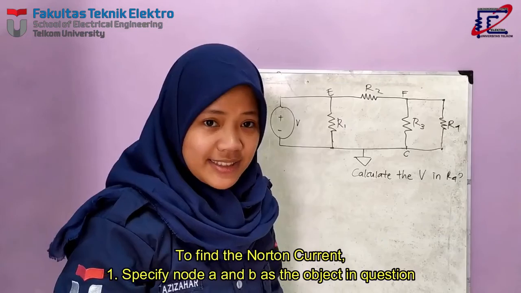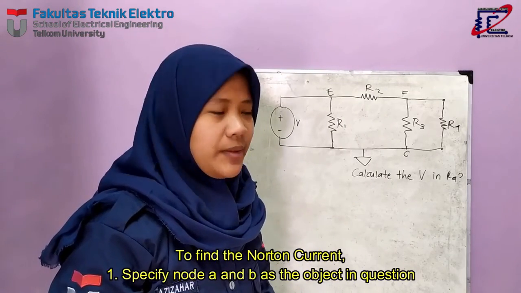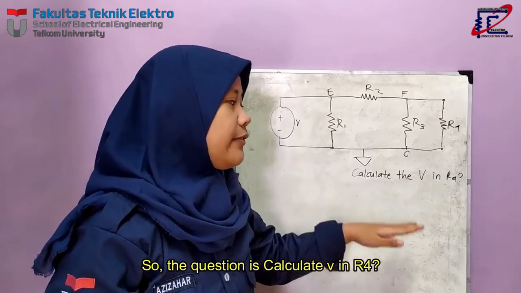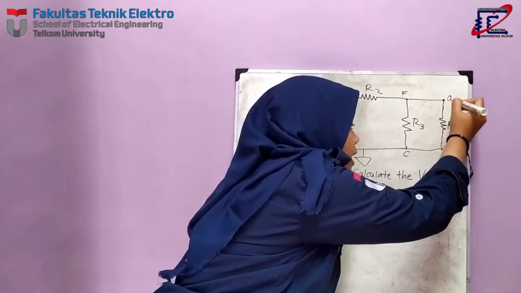To find the Norton current, first, specify node A and B as the object in question. So the question is to calculate the voltage in R4. Node A and node B